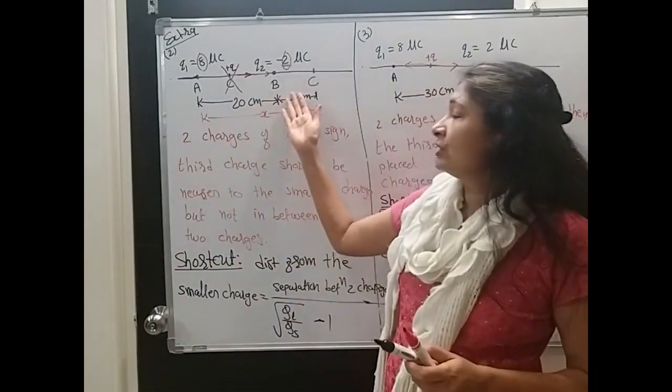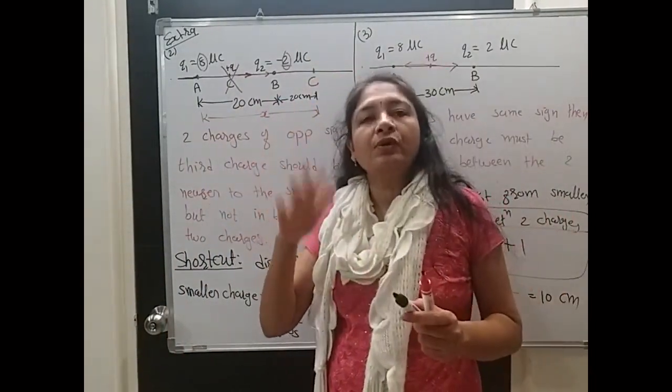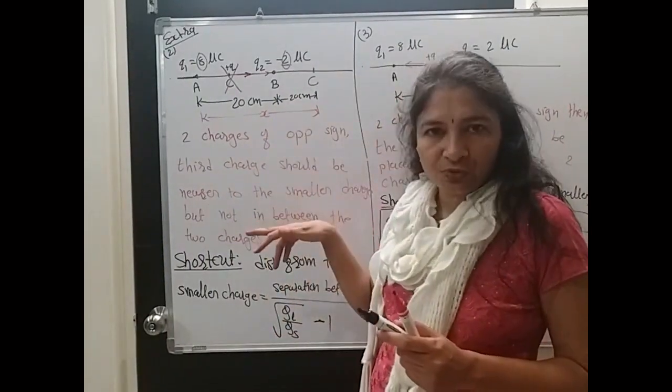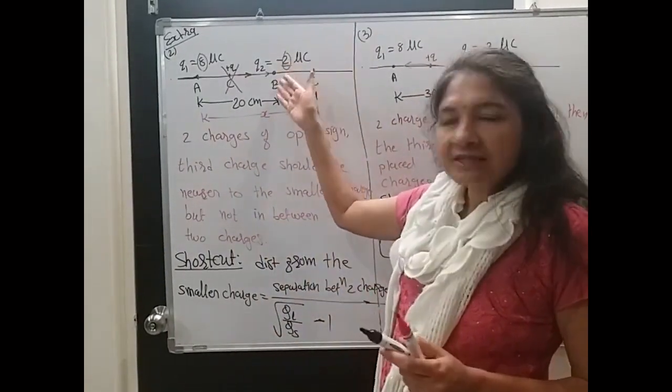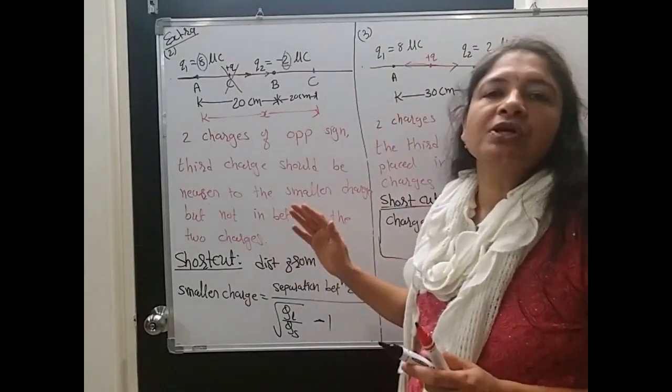So with this shortcut trick you can quickly calculate the position. You can solve this with the help of our original method also. All of you should try to solve this with the original method. But for your entrance exam, you have to solve this with the help of these shortcuts only, so you can save your time.